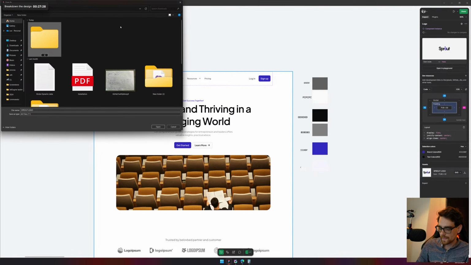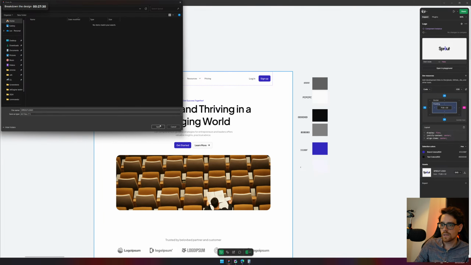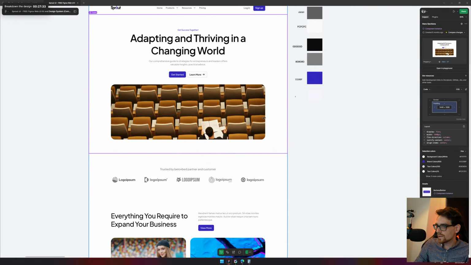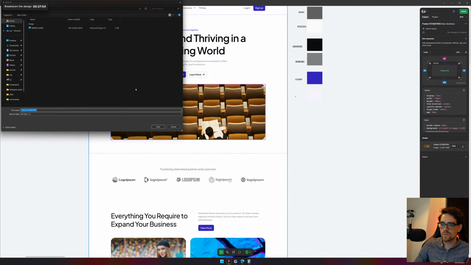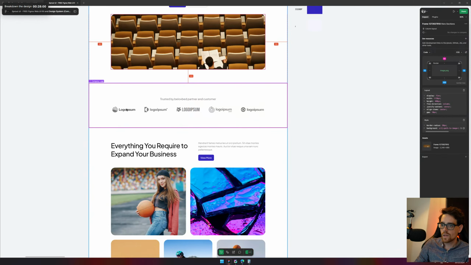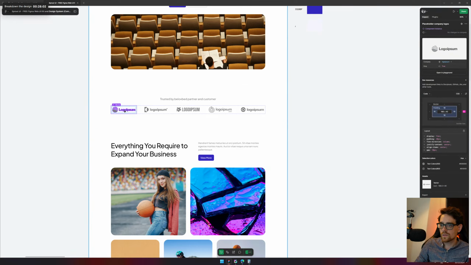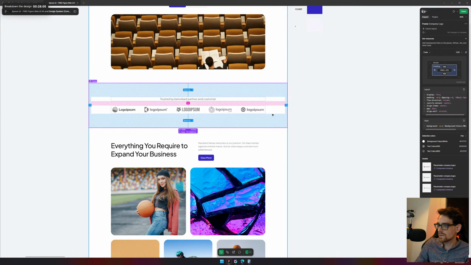We can save a new folder. We can also download this image. You can choose between the source image file, so the actual file that is used, and it can be bigger. But I recommend using how it looks in the design because it is automatically optimized for you. So we can save this one as hero image. We also need to download the logos here. And we just select it and then